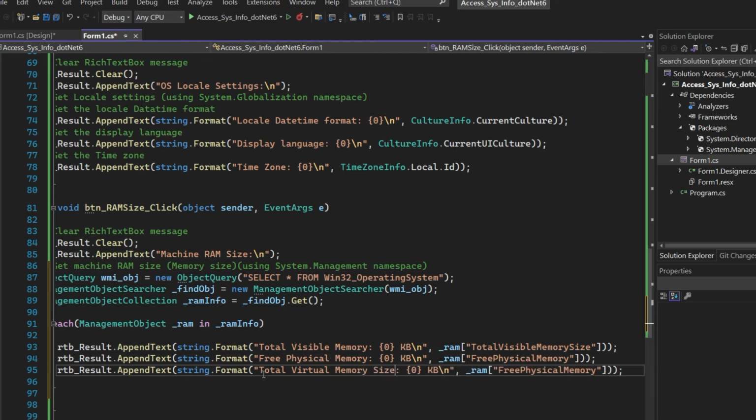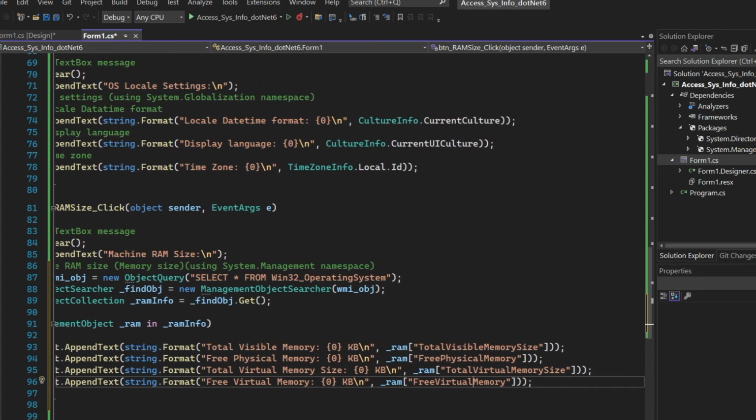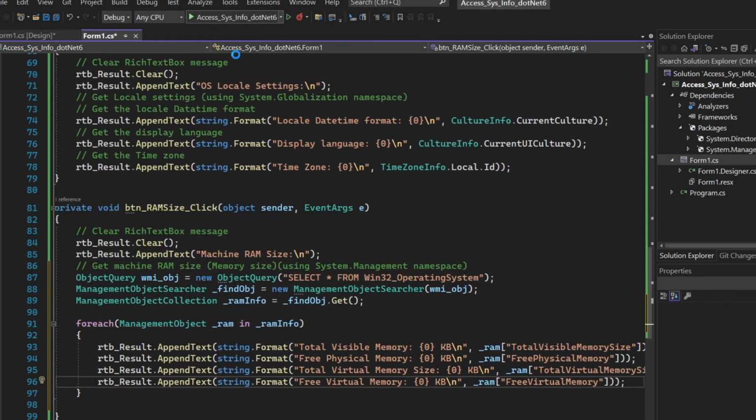Actually, it should be total virtual memory size. Also change it here, total virtual memory size. Okay, copy this line, paste it here, change it to free virtual memory. Also change this physical to virtual. Okay, that's it. Let's run it.